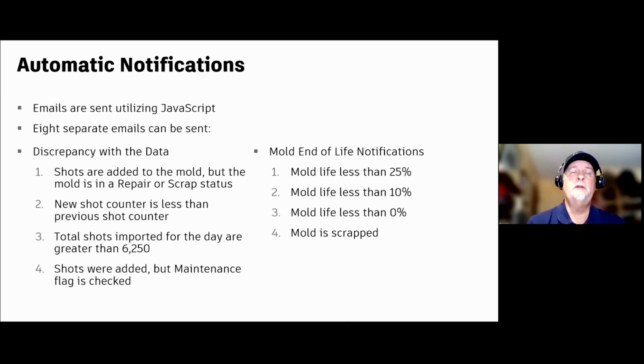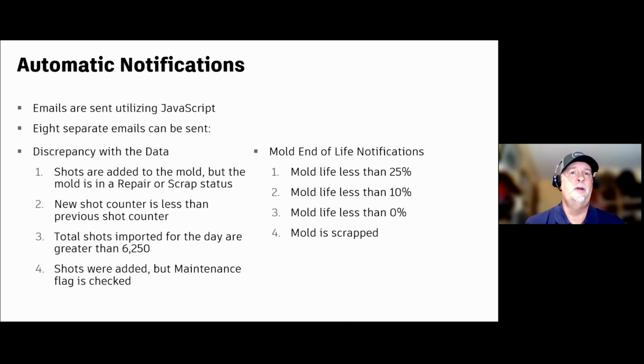We also want to make sure that the number of shots over a given 22 or 24-hour day does not exceed 6,250 shots. It's an easy calculation. We took the fastest mold cycle time, calculated an efficiency rate of about 85%, and a runtime of 22 hours per day because they do take breaks.